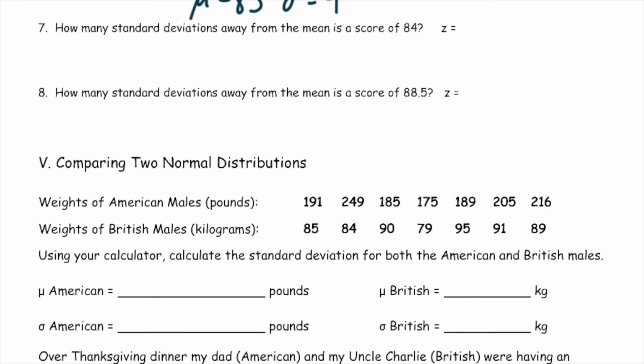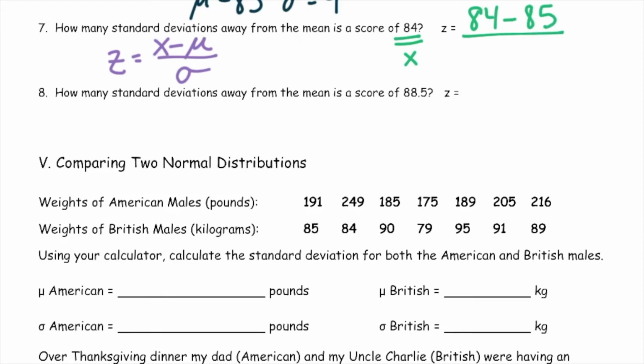Let's keep using the same data. Now we want to know how many standard deviations away a score of 84 is. So we've got our formula, and we want to find the z-score. So 84 is going to represent our X. So z equals 84 minus the average. We're below average, so we're going to come out with a negative, and we're dividing that by 4. So that's going to give us negative 1/4. And if you want to make that a decimal,